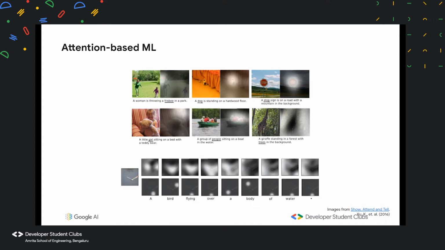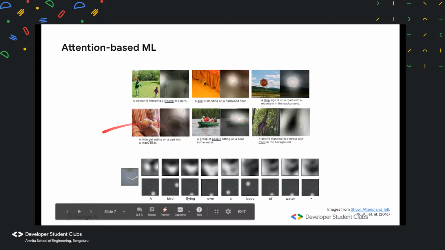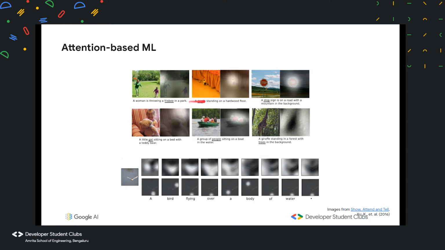Okay, so this is the attention-based model. Here is another example of what exactly it's doing. Now let's look at this example. A dog is standing on a hardwood floor. Now this is what the model has predicted, and this is what it actually focused on. So you can see that it is focusing on the dog, and it is also focusing on the hardwood floor. But the output is not exactly what the dog is doing, right? The dog is not exactly standing on the hardwood floor, but it did detect what the dog is in the hardwood floor, and it did put it in a logical sentence that we're able to interpret.